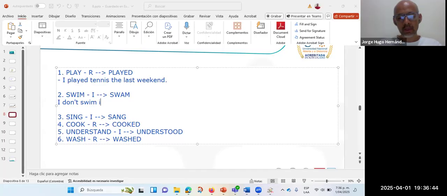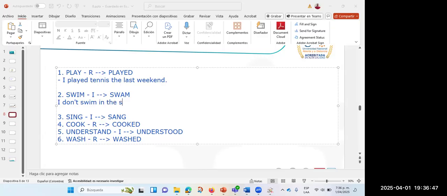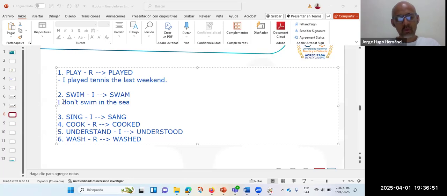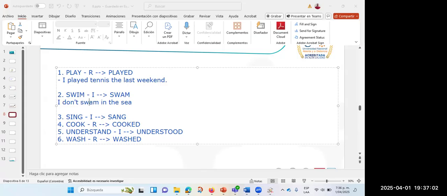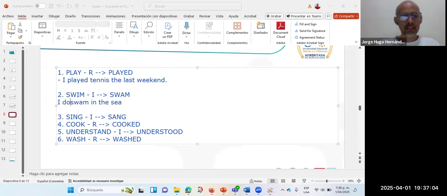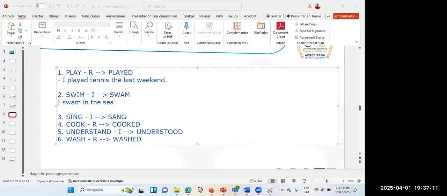Bueno, es swam, qué pena. Okay. So, what do I change? Look at the sentence. Swam. Ah, no, ya tiene que cambiar el verbo. I swam, okay. Like this. Sí, yo no nadé en el mar. Okay. I swam in the sea because